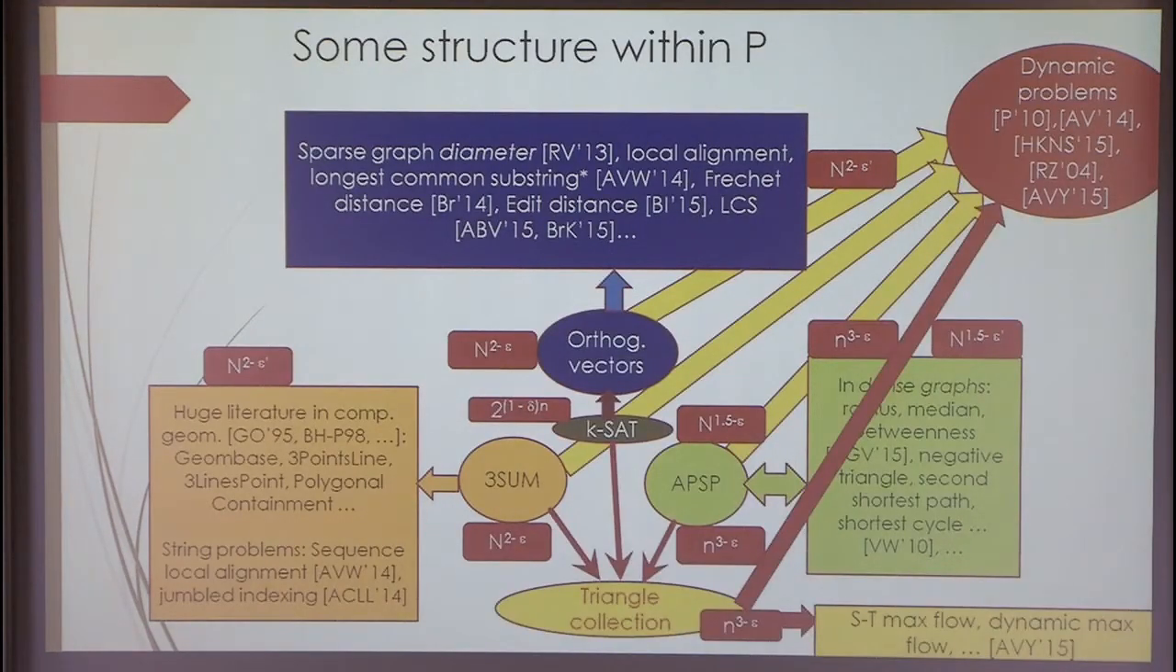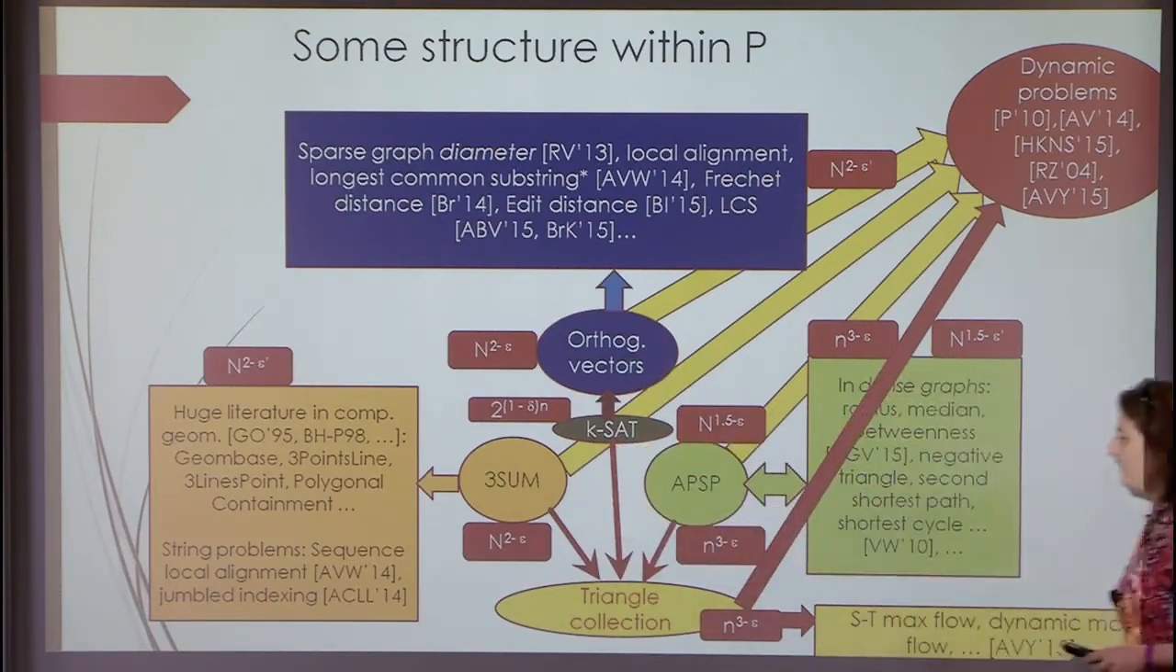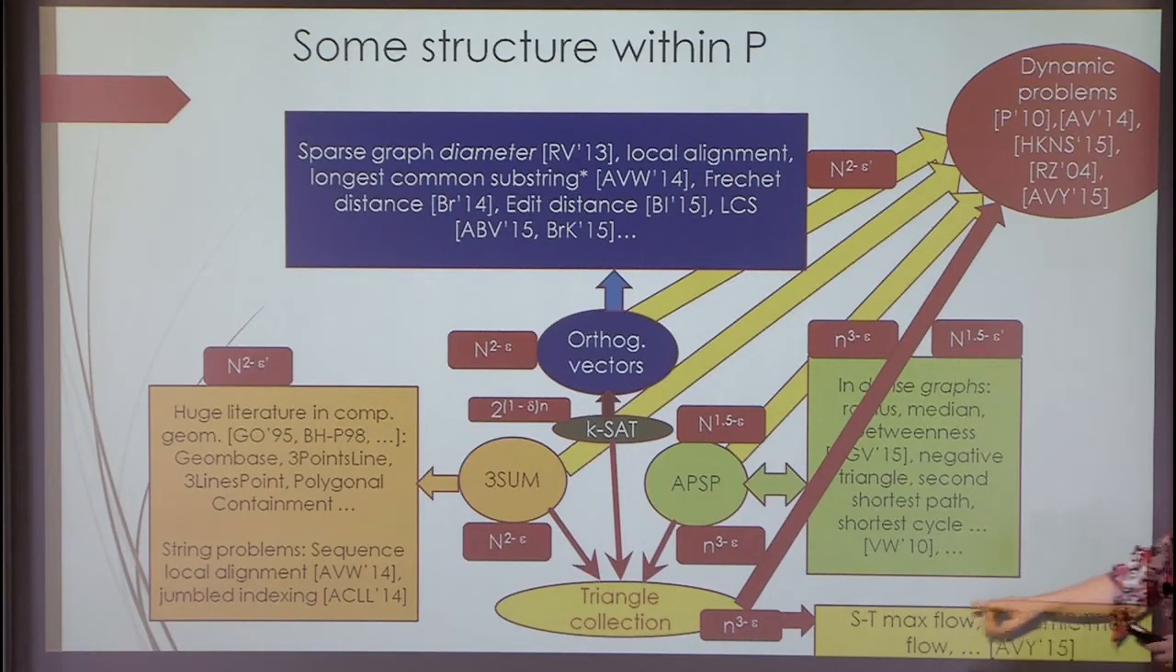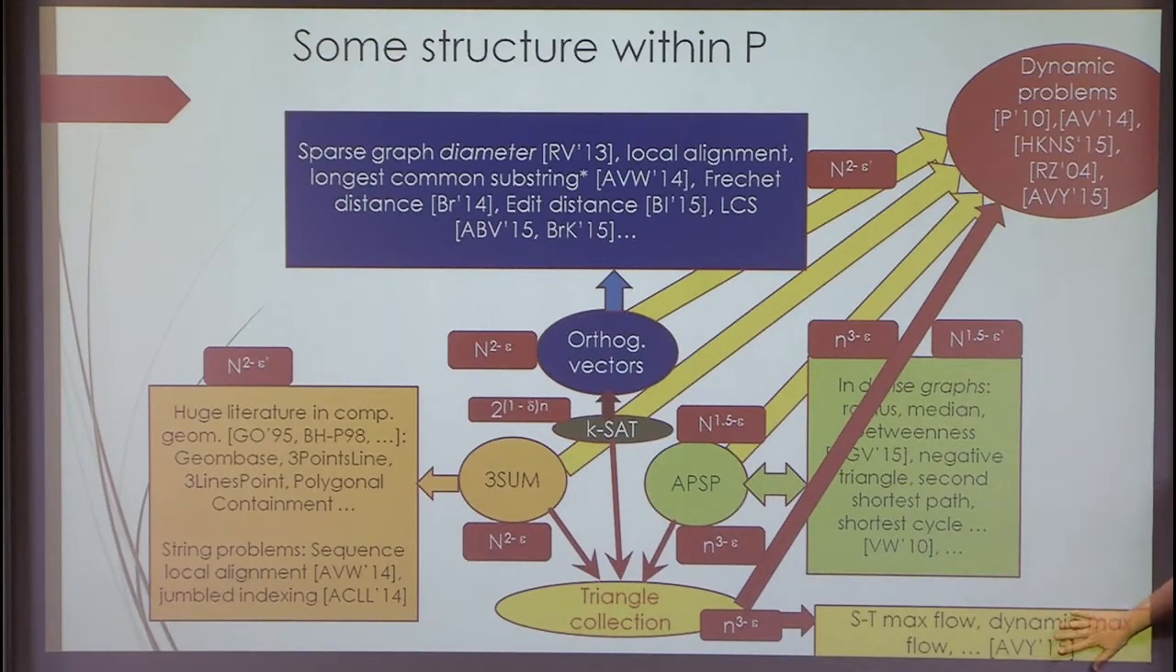Okay. So we can add these here. Let's say I add triangle collection. We can reduce k-SAT, all pair shortest paths, and 3-sum to them. Also, it turns out that you can reduce triangle collection to very interesting problems. For example, let's say I want to maintain the number of strongly connected components of a graph under edge insertions and deletions. If your update time is sublinear, then